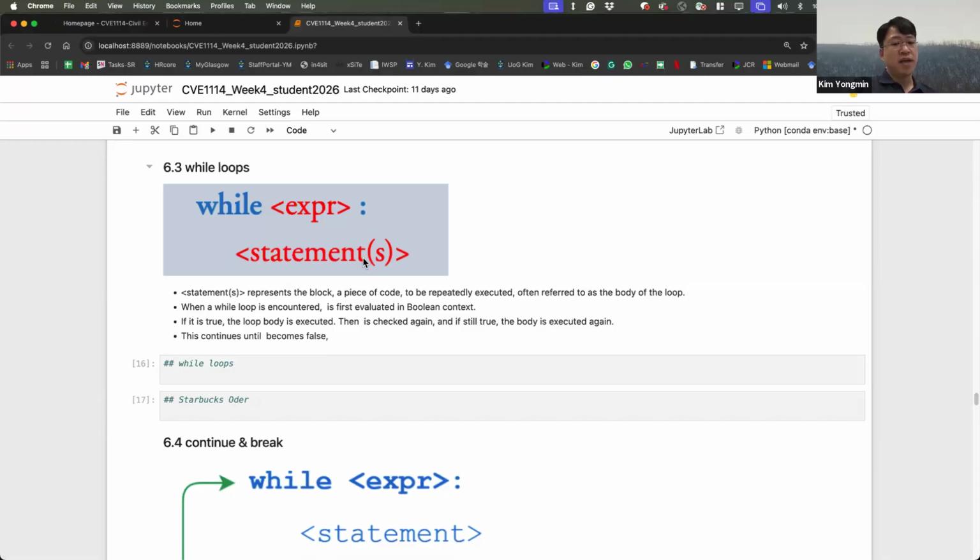This is denoted with indentation, just as in if statements. This is the Boolean context. If it is true, the loop body is executed, and then it checks again. If still true, it executes again. And this continues until it becomes false.